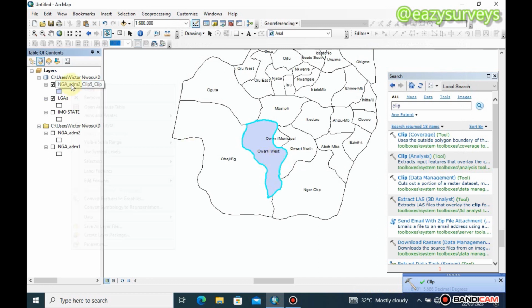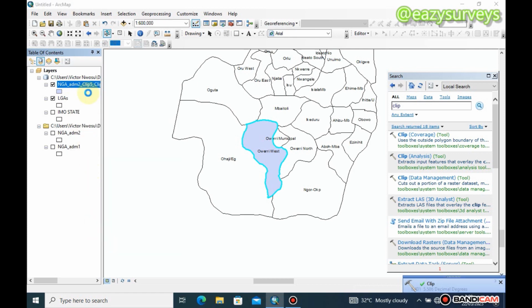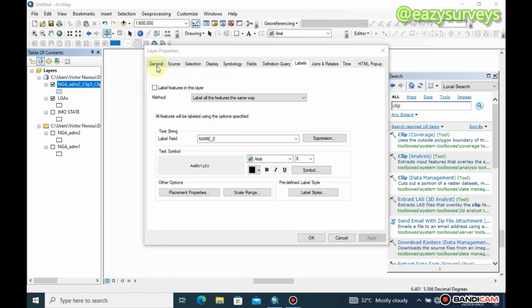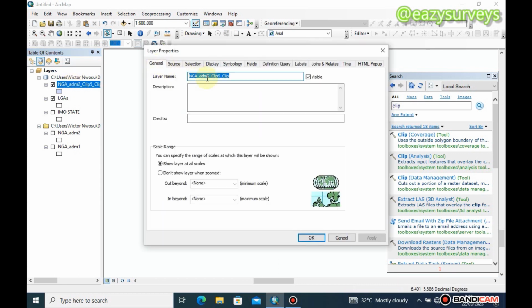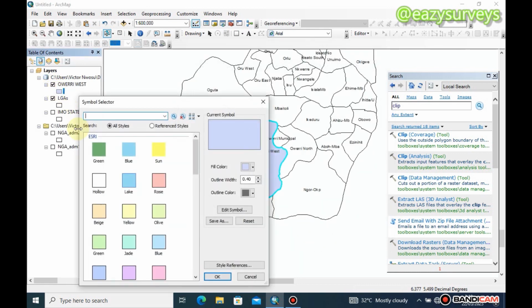So here we can rename this to Owerri West. Okay, so the same way you come to general and you name this Owerri West. Okay, then you can click on apply and OK. So we can as well make that one,